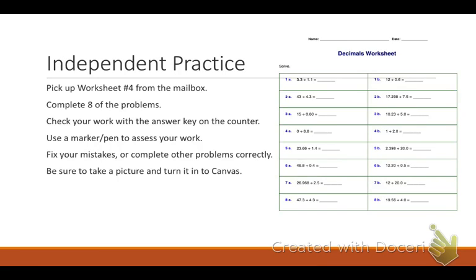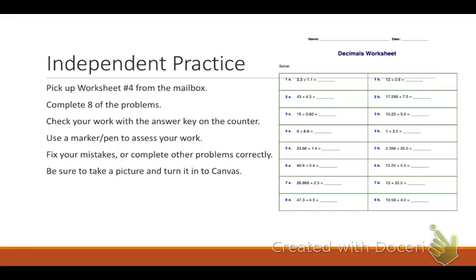Alright, now you are ready to do some independent practice. You are going to get worksheet number 4 from the mailbox. You are going to only complete 8 of those 16 problems. You should know that you're going to complete the problems and then check your answers. I would suggest that you get some lined paper to show your work, because I also want to see your work. And I know for sure these boxes are too small for you to show your work. I just don't know how